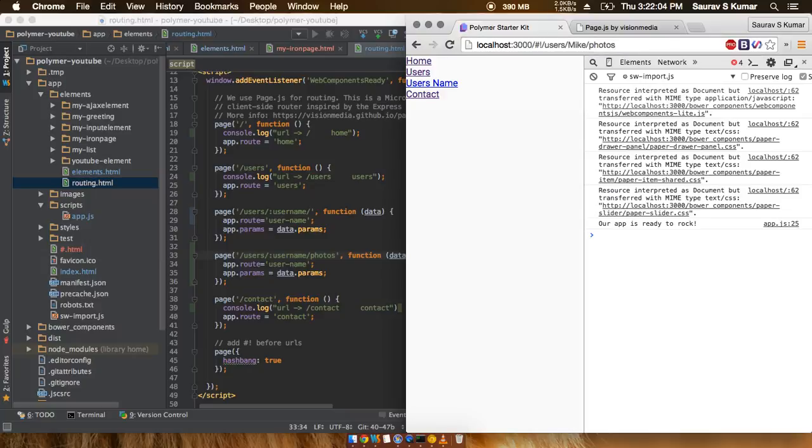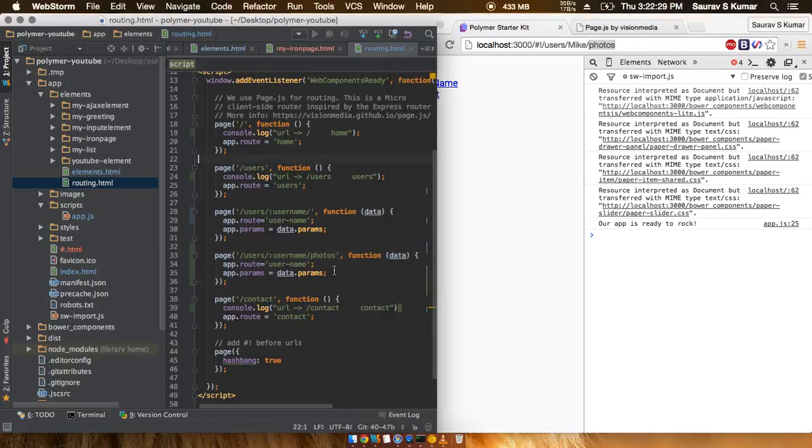So what if we want this to also be mapped, and we have to get whatever URL parameter has been passed after this new element, after this variable? What if you want Mike's photos or albums, like in the case of Facebook, his timeline or his likes or his friends? These kinds of things can also be derived very easily.